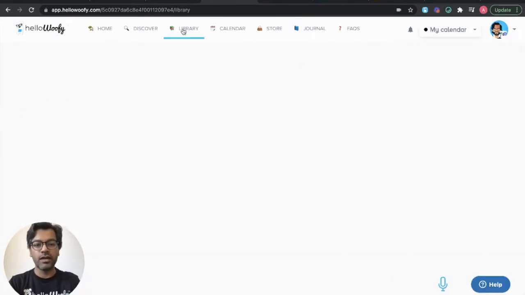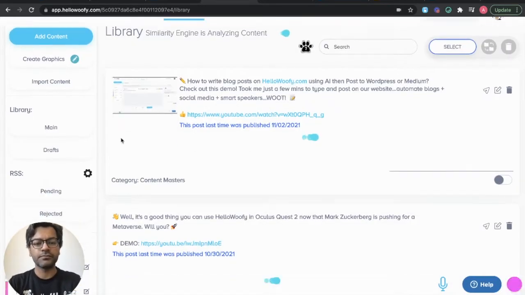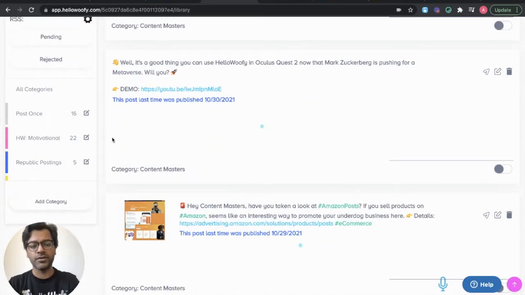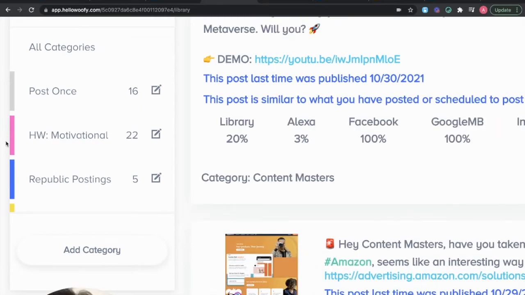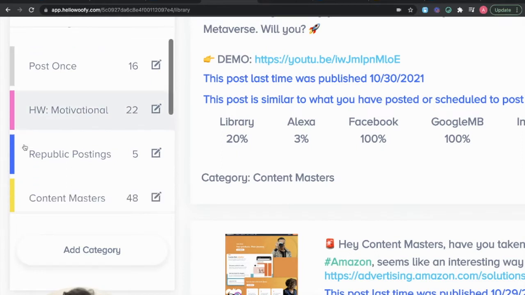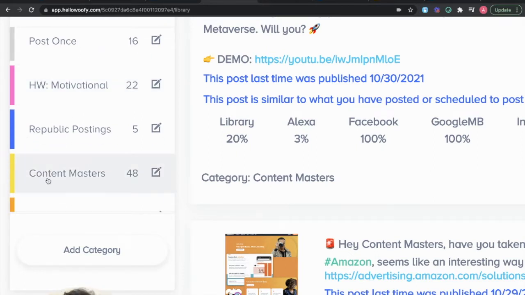Now, within the smart library, let's go over there. Let's check it out. In here, the first thing you want to do is go into the section over here called categories. You want to fill in these categories with as much content as possible that allows you to always have content ready to go. And these categories are your themes, like motivational content. We have a Facebook group called Content Masters. We always have something ready to go that is valuable and insightful for our customers who are looking for digital marketing tips or ways to use our platform more effectively. So we always have something ready to go.